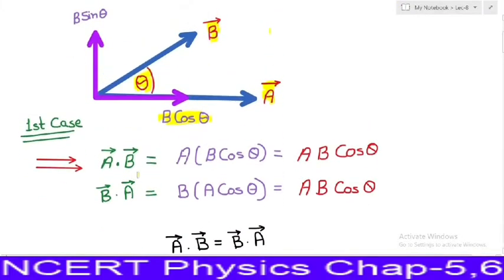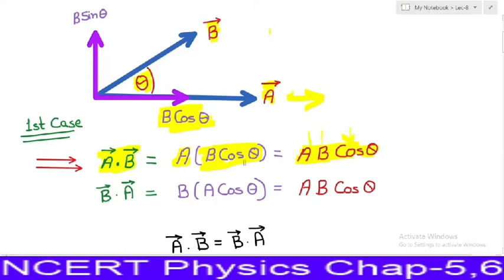Now we take first case where we can multiply two vectors if they have same direction. That multiplication is known as dot product of two vectors, and it is written as vector a dot vector b. Vector a dot vector b means multiplication of vector a and component of b in the direction of a, and component of b in the direction of a is b cos of theta. So a dot b would be equal to magnitude of a, that is a, into component of b in the direction of a, that is b cos of theta. So it is equal to a b cos of theta. So vector a dot vector b can be expressed as magnitude of vector a into magnitude of vector b into cosine of angle between them.